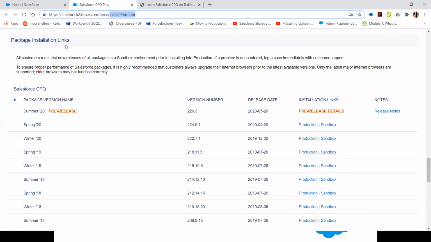Now if you start clicking on this steelbrick2.force.com/apex/install premium, this Salesforce CPQ has 3 license types. One is called Salesforce CPQ, another is Salesforce CPQ Plus, and the third is Salesforce CPQ Plus Billing. Now the Salesforce CPQ Plus has your Salesforce CPQ licenses, as well as advanced approval, where you need some kind of smart approval.